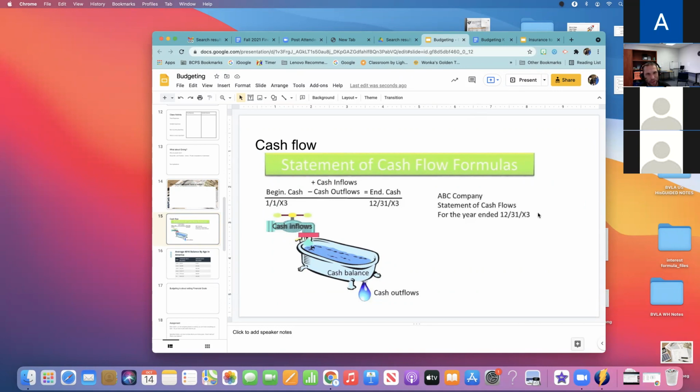Okay, in this case, this little illustration is set up for a business cash flow, but your life also has a cash flow where you get money in at certain points and money comes out at certain points. The money in and the money out as put out in the budget is important, but more important is that you have money in the tub.